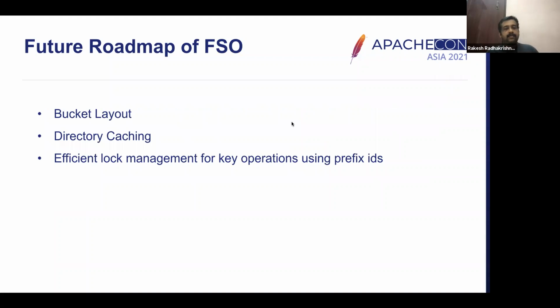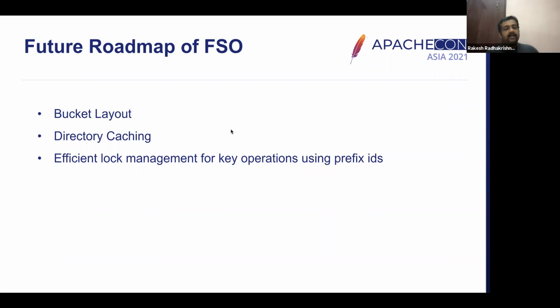So basically, there are a lot of items to be covered in the future. We have a future roadmap for FSO. We are planning to move the layout to the bucket level so that a single OM can handle multi-protocol behaviors. When I create a bucket, I can specify that this bucket can be created in the file system optimized layout, or I can create a bucket in the object store layout.